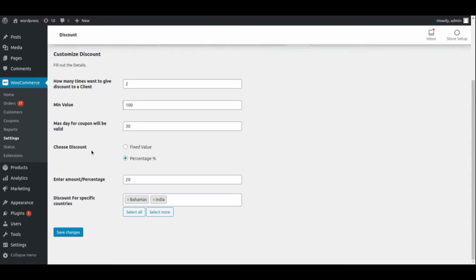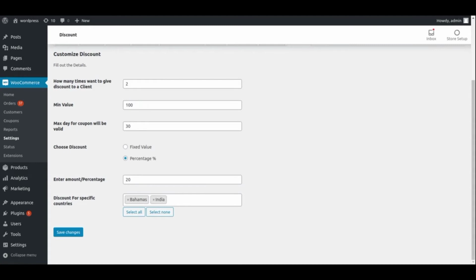I have given a percentage discount, and you can give fixed or percentage, whatever you want. At the next point you just give what amount, fixed or percentage, you want to give to your customers.